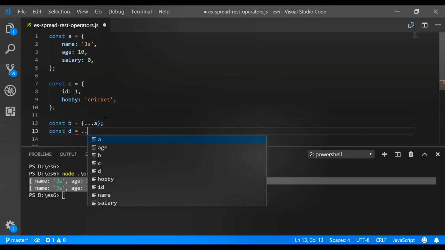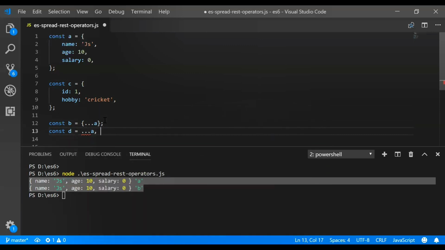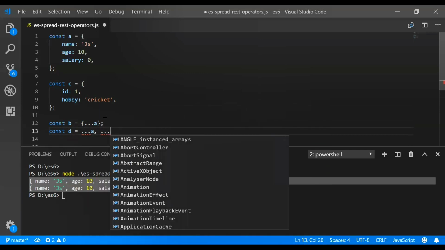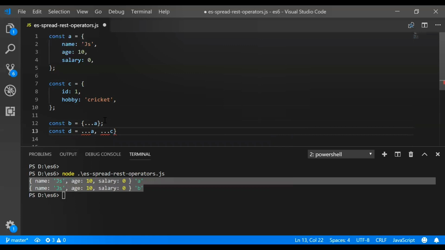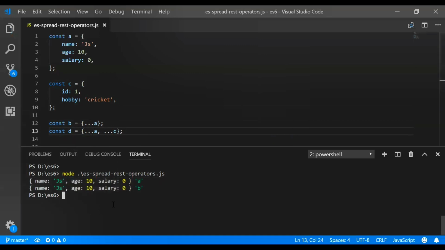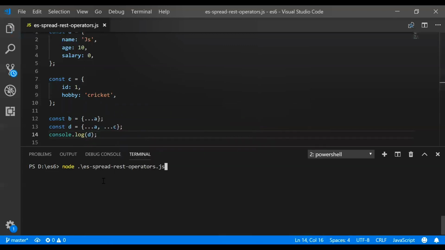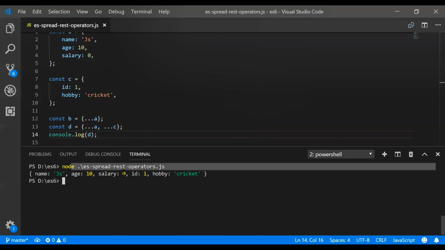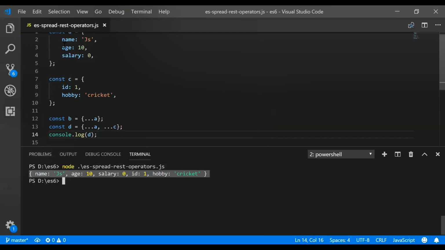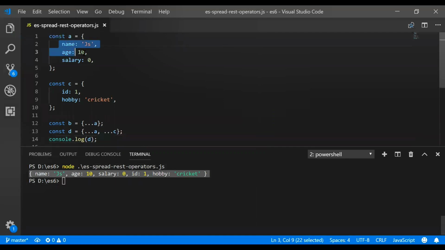So here I will spread A and I will spread C and hold it inside an object. Let's see the output, guys. So we are getting the output. It's getting concatenated inside D.